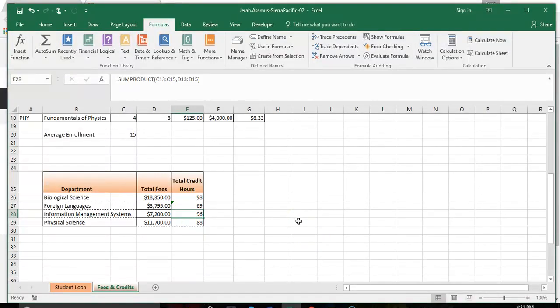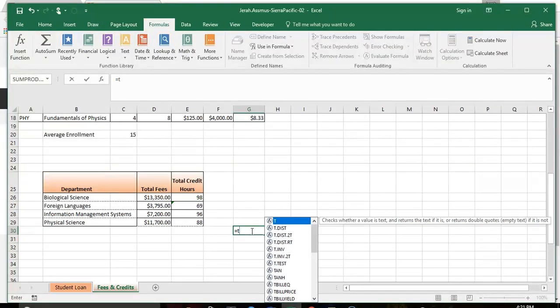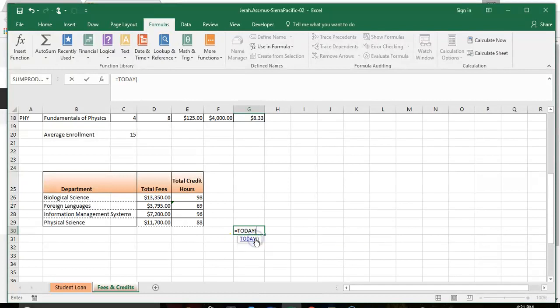Okay, step 13 is insert the current date. So in cell G30, we're going to put the current date. Now if I just type in today's date, when I open this again, that date will be the same. If I use my TODAY function, so I hit equal TODAY, every time I open up this file, it will update that date. So that's why it's kind of nice to use a function if you want that date constantly updating for you